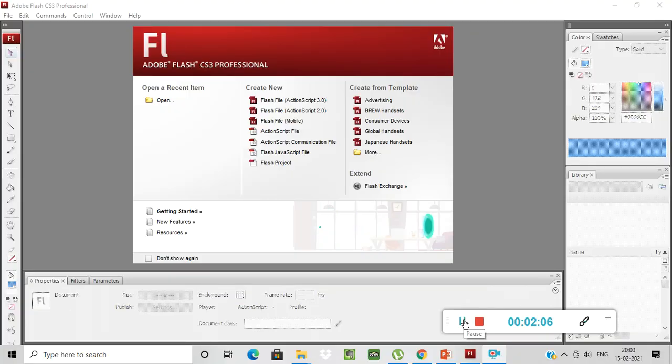Now what is the use of Flash? Just now I told you, if you want to create drawings or animations, then you can use the Flash software. Now all of you are able to see this Flash screen here. This is your Adobe Flash CS3 Professional. I already downloaded this from the internet. If you don't have an internet connection, or if you don't have a laptop or a desktop at your home, then don't worry, next year you will be able to learn this again.